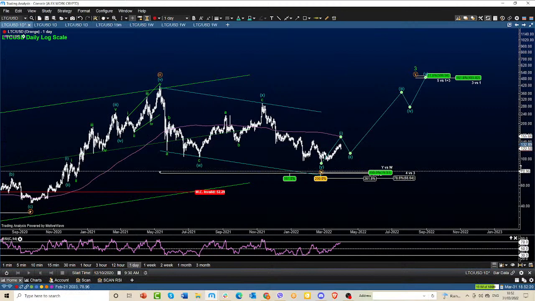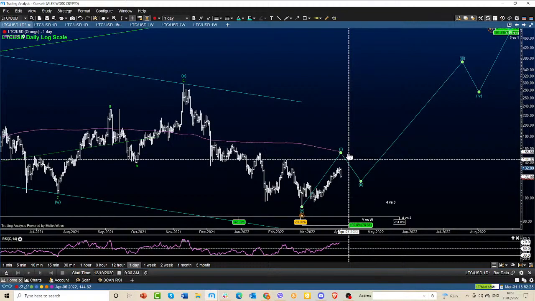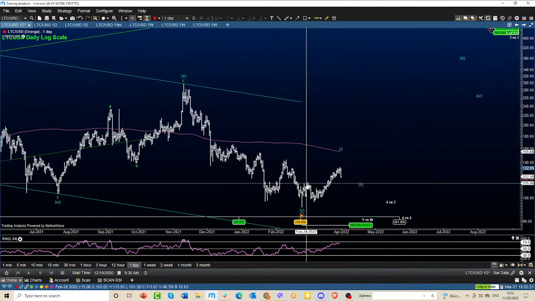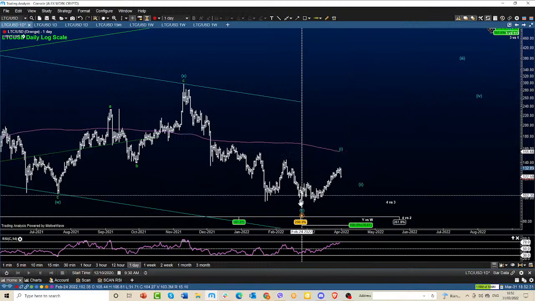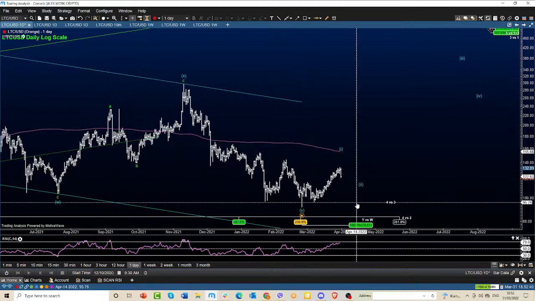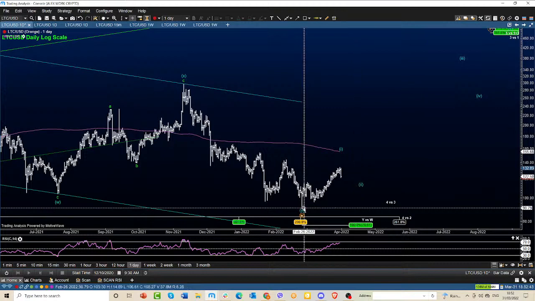So what I would like to see on Litecoin is that we definitely develop higher, and then the pullback will be some type of thing which I would like to see. For now, you can look at this only as a three-wave move, and then we can test even lower levels, as well as on the others, as I said. So I don't see a confirmation from the lows. The biggest and closest confirmation is on Aave, but still there you don't see 5 waves.